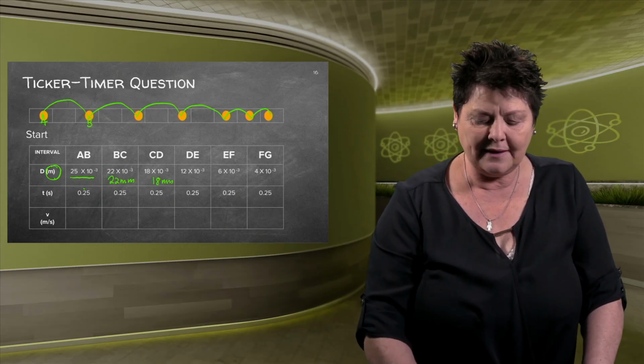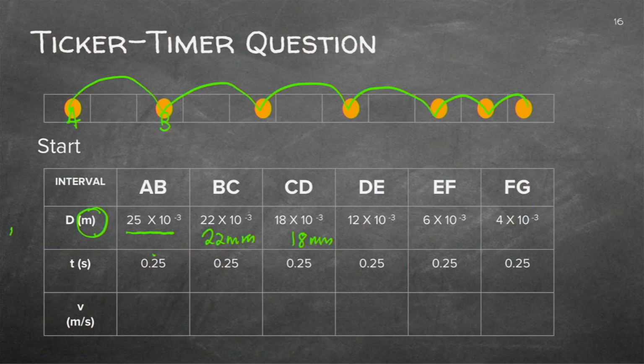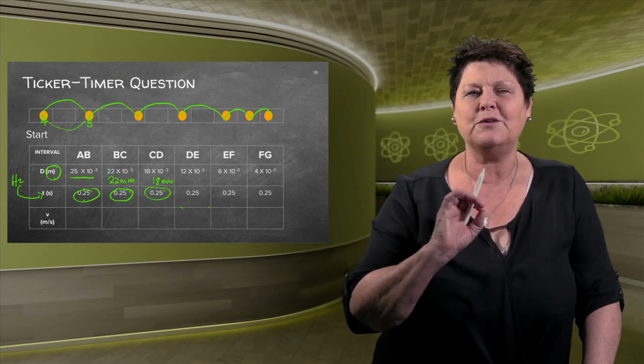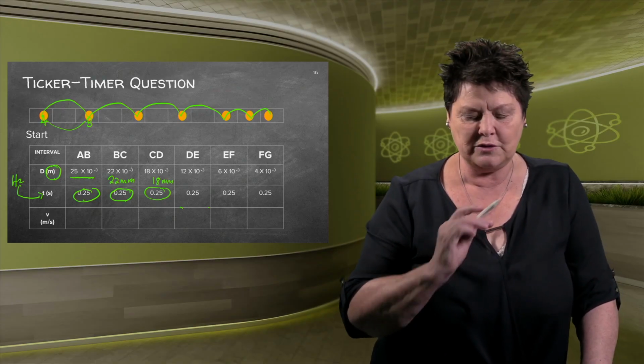As soon as you've done that, you took the hertz and you got the interval time, and between A and B it's 0.25 seconds. 0.25 seconds, and you will see this will always be the same. Have you asked yourself, why is this the same? Well, it's a set frequency. It is like it's set on 50 or it's set on 25 hertz.